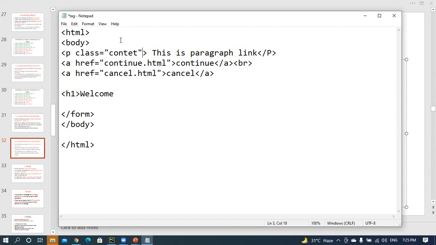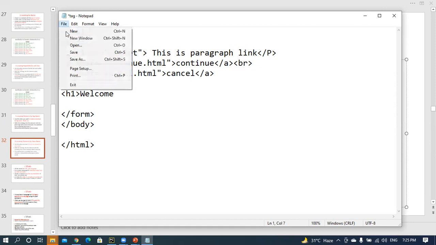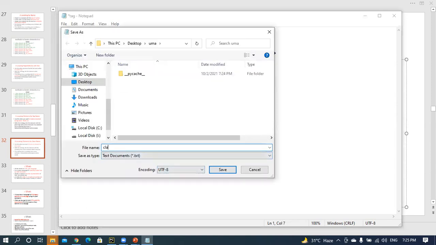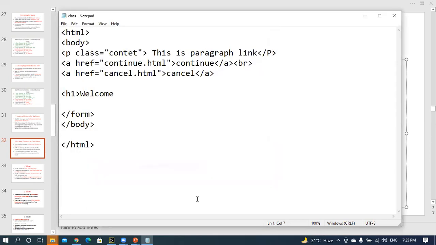I'm going to execute this value. Here I created some class name. With that class name, I'm going to execute. Save this one as class dot HTML.